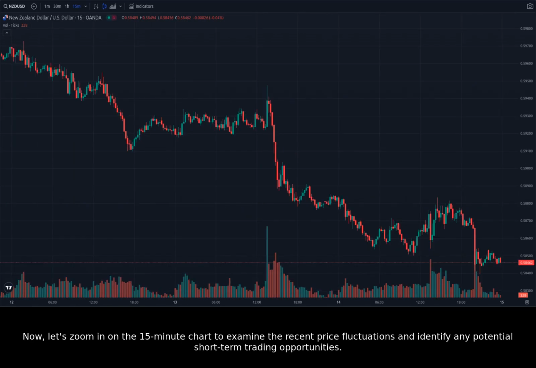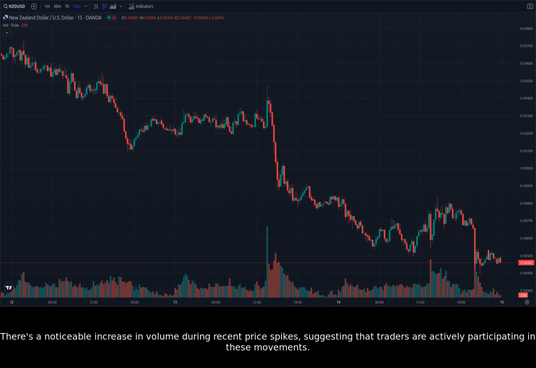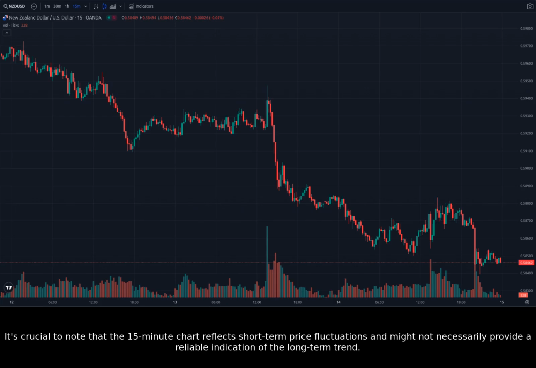Now, let's zoom in on the 15-minute chart to examine the recent price fluctuations and identify any potential short-term trading opportunities. The 15-minute chart offers a more dynamic perspective on the NZDUSD pair's price action. We can see a series of short-term fluctuations, potentially indicating a battle between buyers and sellers. There's a noticeable increase in volume during recent price spikes, suggesting that traders are actively participating in these movements. However, without a clear trend emerging, it's challenging to identify reliable short-term entry points. It's crucial to note that the 15-minute chart reflects short-term price fluctuations and might not necessarily provide a reliable indication